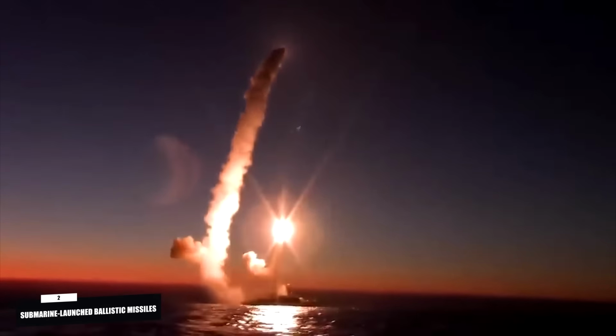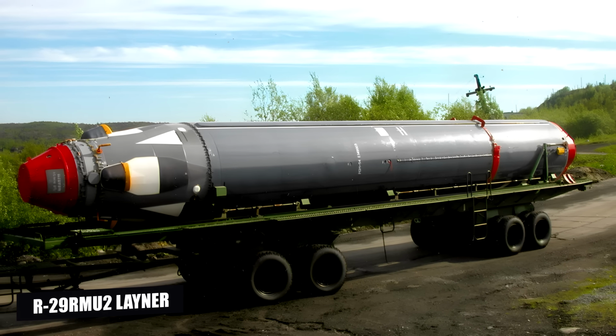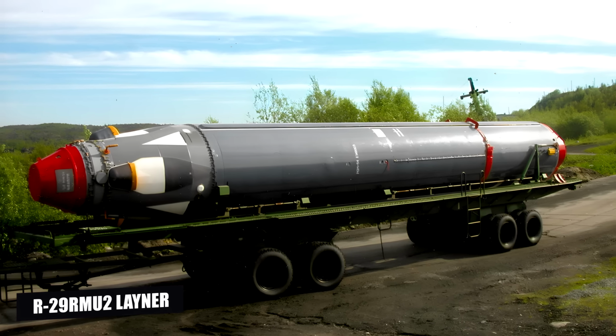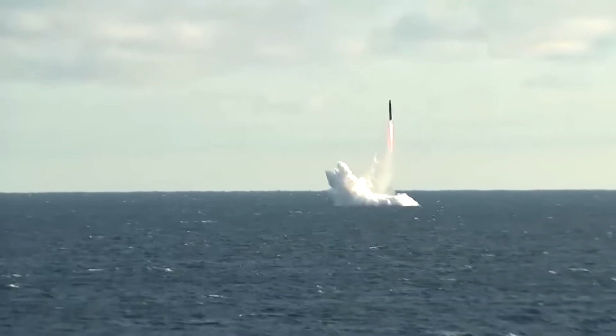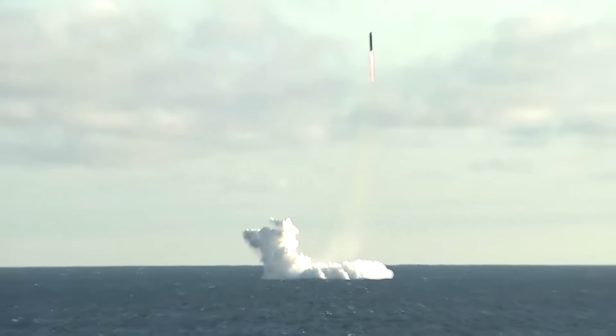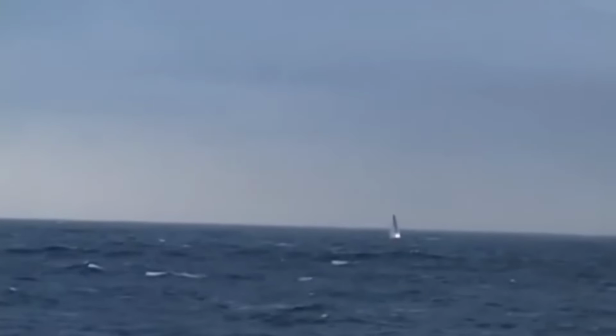Number 2. Submarine-Launched Ballistic Missiles, or SLBMs. R-29RMU2 Layner, or SS-N-23. Launched from Russia's Delta IV class submarines, these missiles have a range of up to 8,000 kilometers and carry multiple warheads. These submarines serve as a second strike deterrent, meaning they can retaliate after a nuclear attack, making them crucial